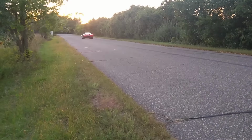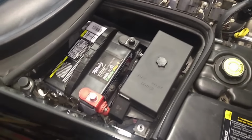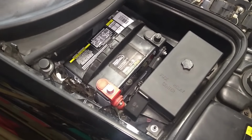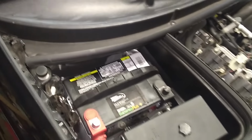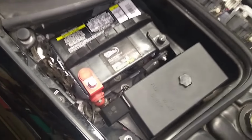All C5 and C6 Corvettes have the battery in the passenger side rear part of the engine bay. Directly beneath the battery is the PCM, the brains of the car, and the main wiring harness. So Corvettes should be fitted with an AGM battery, which stands for Absorbed Glass Mat, which theoretically, if there's a compromise in the battery shell, prevents lead acid from dripping all over beneath the battery onto the wiring harness and the computer, which will be a really bad day if that were to happen at some point in the